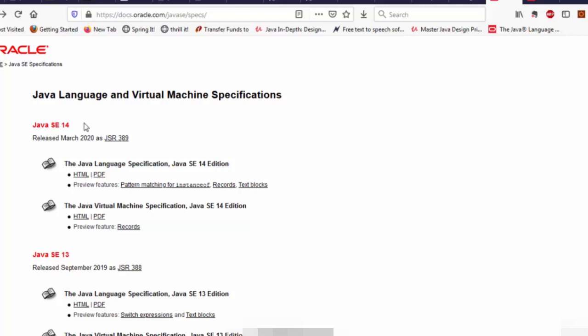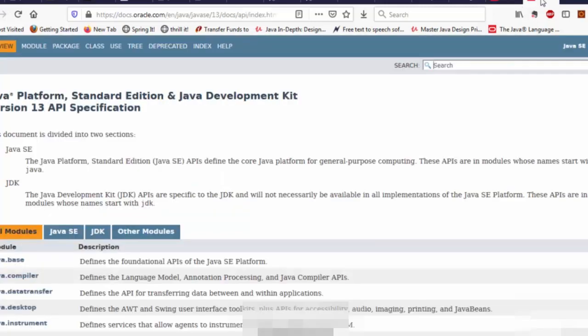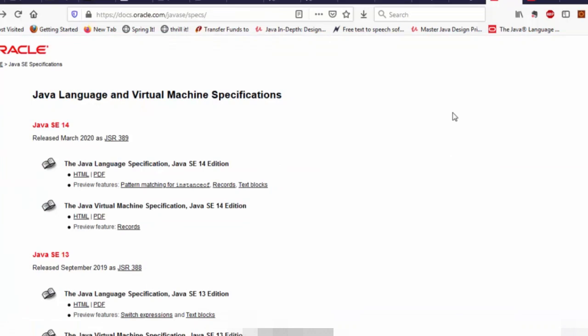Those features can be some changes in the Java language itself, or it can be something to do with the JVM, like maybe a new algorithm has been added for doing garbage collection, or it can be some new classes being added to the Java API itself. So it can be any of those changes.